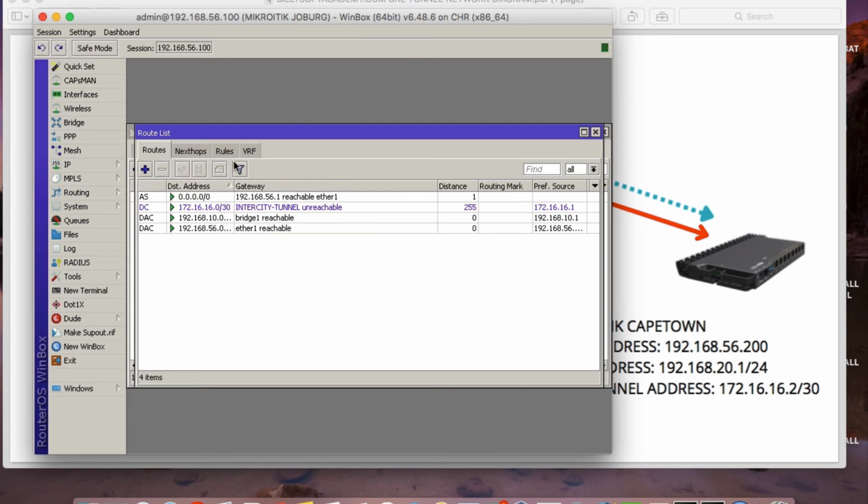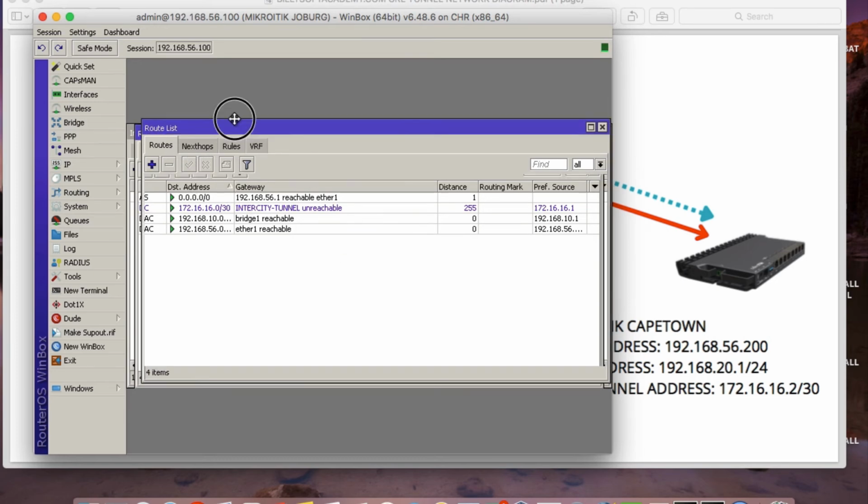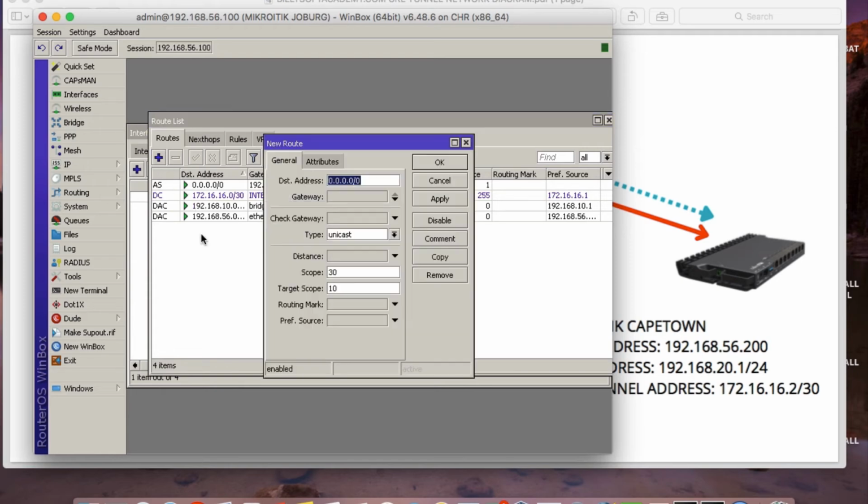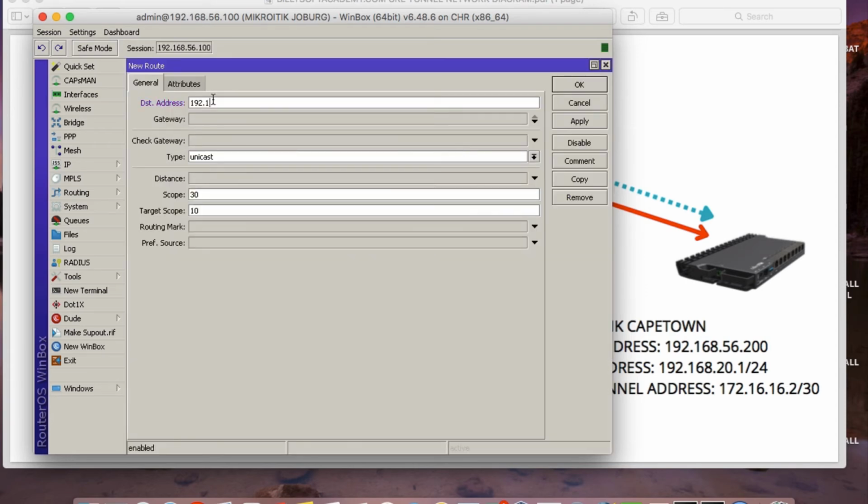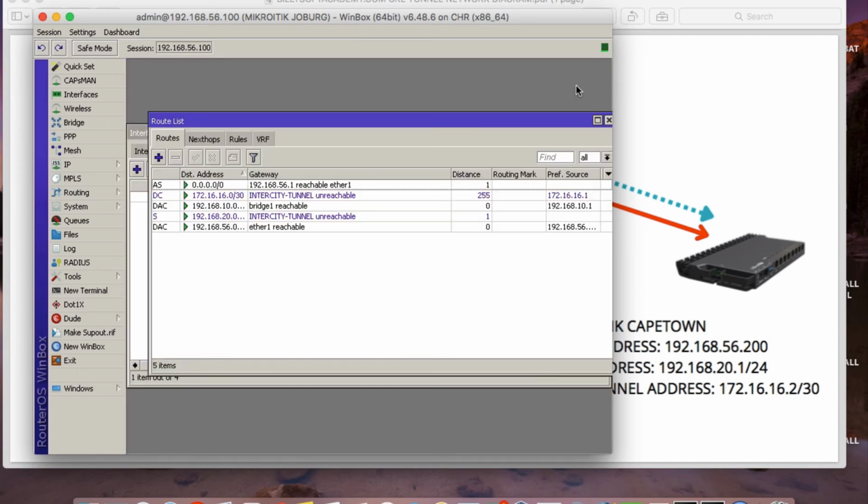Okay. So click on add, and then we're on the JOBURG side, and we want to connect to the CAPETOWN side. So the CAPETOWN side, the LAN address is 192.168.20.0/24, and then the gateway, we're going to select the intercity tunnel. Then click on apply, and then click on OK. Okay, so we've quickly configured the tunnel on the JOBURG side,